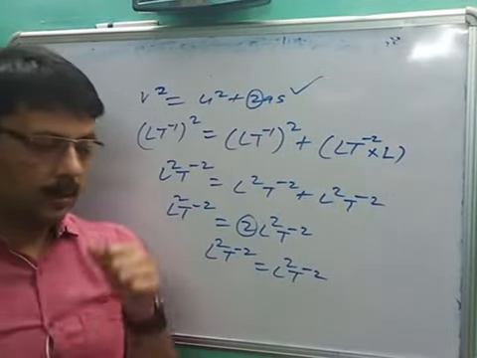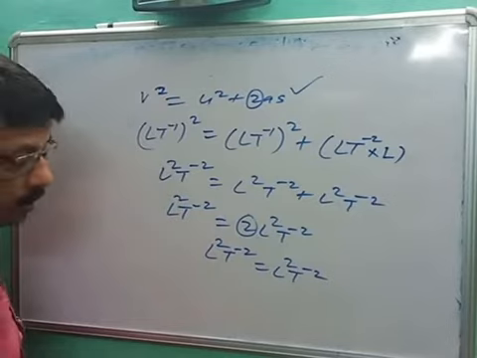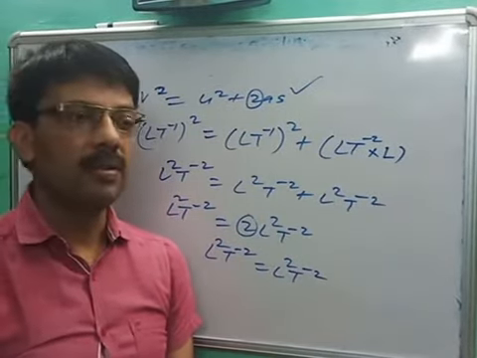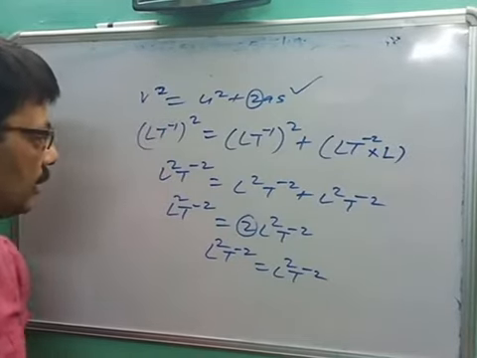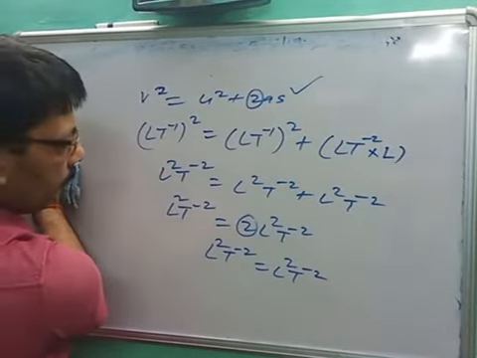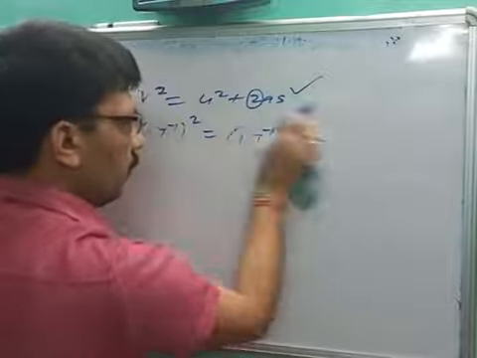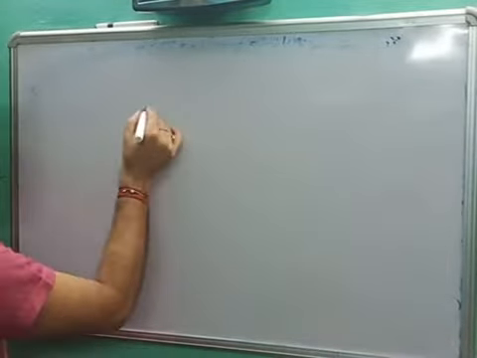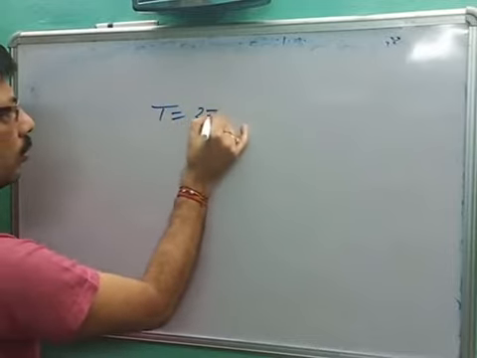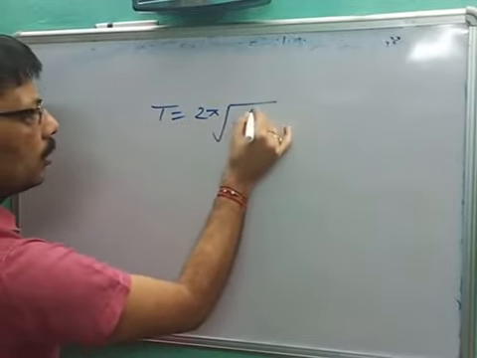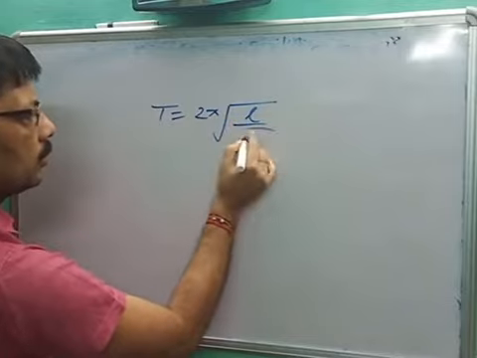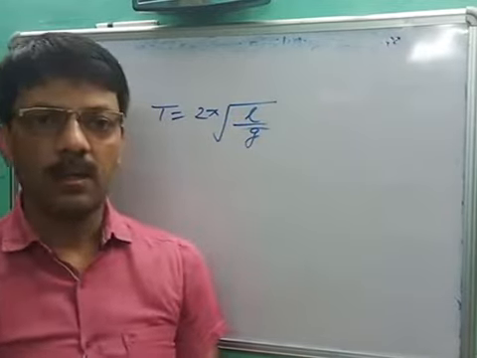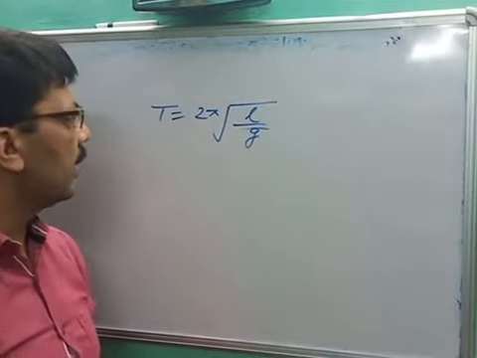Are you getting it? There are some easier questions which are based on checking the correctness of physical quantity relations. Okay, next question. Some important questions are here. Let's suppose you are given T is equal to 2 pi under root L upon G. This is the time period formula. Now we have to check whether it is correct or incorrect.